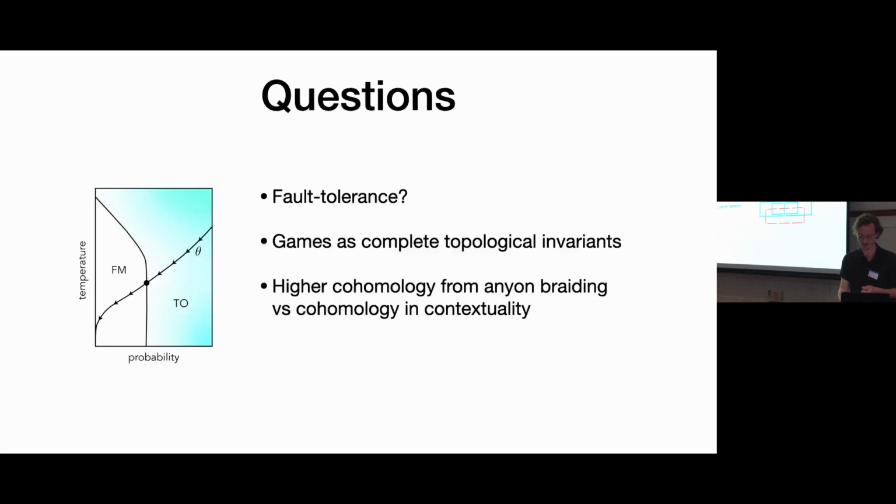Okay. And that takes me to my questions. One is, how to play this game fault tolerantly. Here we didn't worry too much about other sources of noise that we weren't putting in by hand, but these definitely give you a hit to your win probability. And if you make n really big, they should actually beat you even if you have a topological state. So for doing this, you need to really worry about embedding this game into a space-time process that's really robust against noise, all kinds of noise, including the measurements you do of the operators.